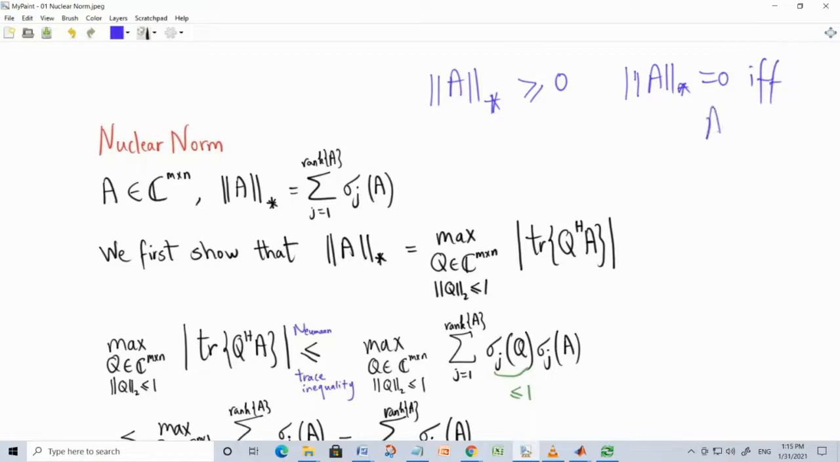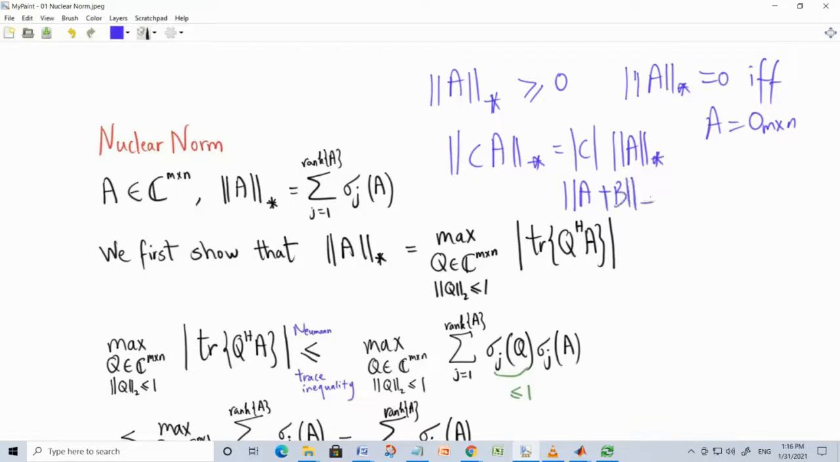if and only if A is the all zero matrix, and it should be homogeneous. So if you apply it to the matrix multiplied by a complex scalar, this should give you the magnitude of the scalar multiplied by the norm, okay. And then we should have a triangle inequality. So if you have two matrices, the norm is subadditive, so the norm of the sum is less than the sum of the norms. And the same applies to multiplication. So if we have AB, take the norm, this should be less than the norm of A times the norm of